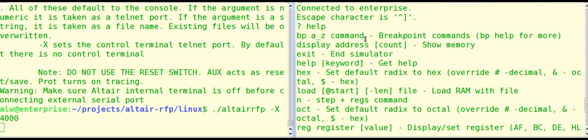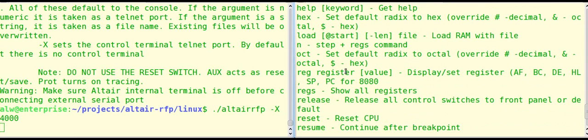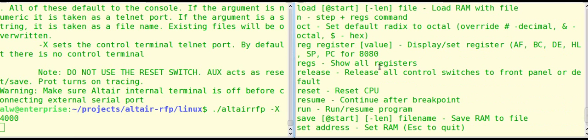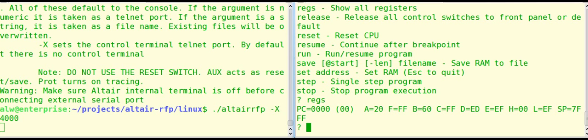You can set up to 26 breakpoints, and there's a lot of subcommands for that. You can display in hex or octal. You can load a file. You can save a file. You can look at an individual register or change it, or you can look at all the registers, and you can do general things, run that kind of stuff, step through the program one step at a time. So as of right now, we're sitting at location 0, and